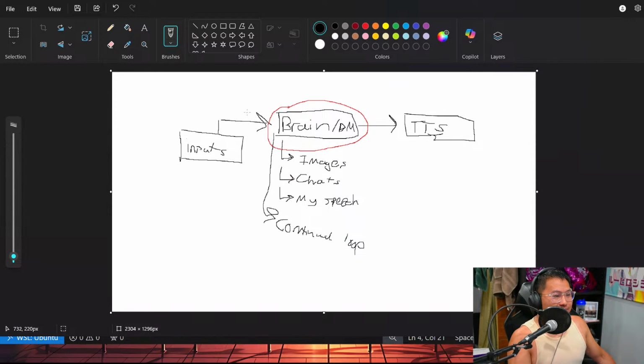So it's as simple as this: you have your inputs, you have your decision making, and then you have your outputs. But the complexity is our decision making mechanism here. And then of course, this is going to be your threading. So yeah, this is our beautiful block diagram for it.